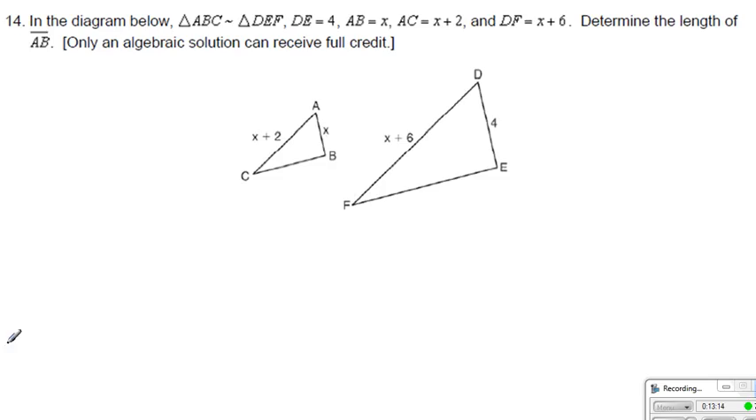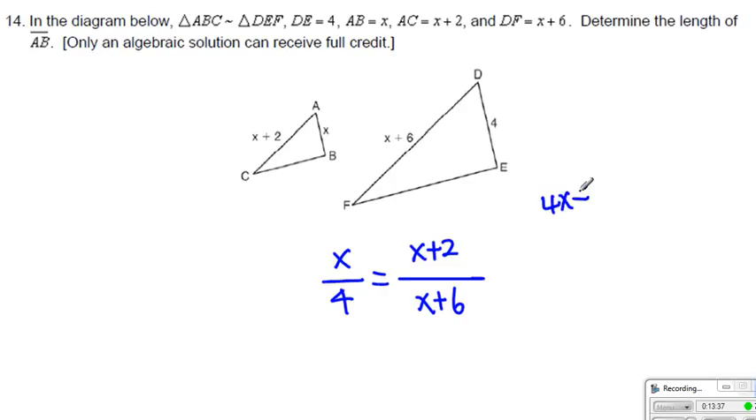All right. Now, number 14. Here we have similar triangles. Determine the length of AB. AB will be x. So here we see the corresponding relationship here. x over 4, this one to that one, is equal to x plus 2 over x plus 6. Now when we cross multiply, then we get to realize 4x plus 8